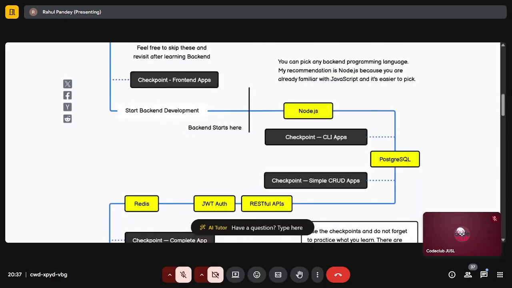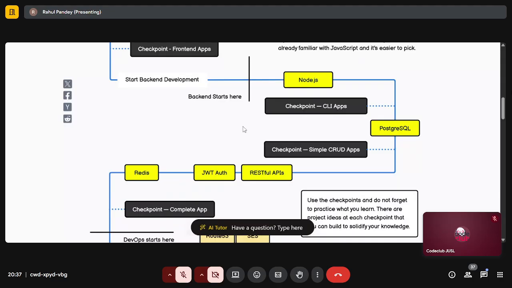And after that, there's backend. Here it says Node.js, and also if you see in the PPT, we've mentioned Node.js as well. But as I said, if you're familiar with Java or Python already, you can go ahead with those. And yeah, let us know in the group. Maybe if you need resources for those two, we could share that. If you ask us in the WhatsApp group, we'll be there to help you out.